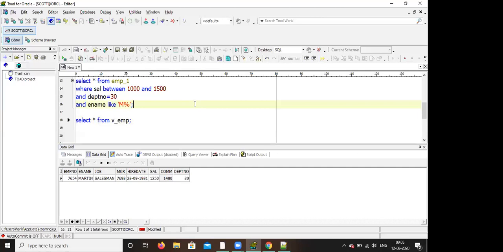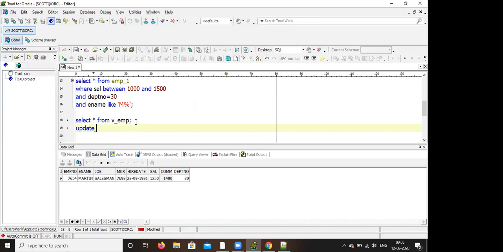now let's update the view. Same thing, just write update and the view name, and write the syntax. Give some space after the select statement.